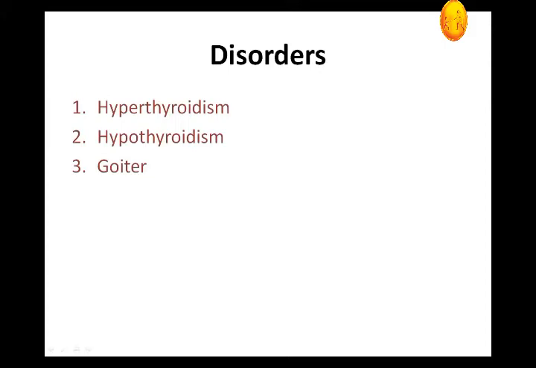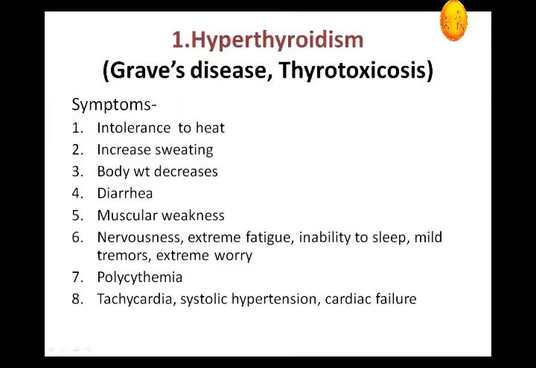Please write down the clinical features of hyperthyroidism. Number 1, intolerance to heat. Number 2, there is increased sweating. Number 3, in spite of good appetite, due to diarrhea, the body weight decreases. There is diarrhea, muscular weakness, and CNS symptoms: nervousness, extreme fatigability, inability to sleep, mild tremors, extreme worry,